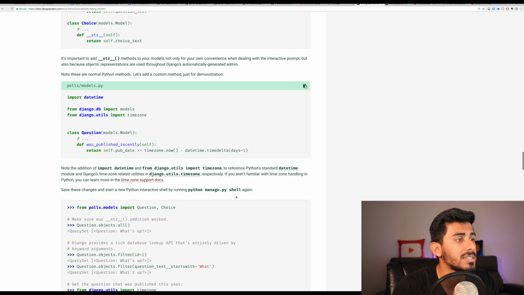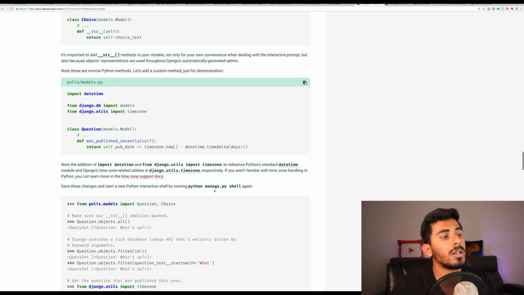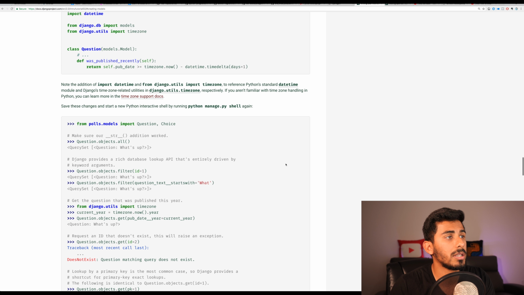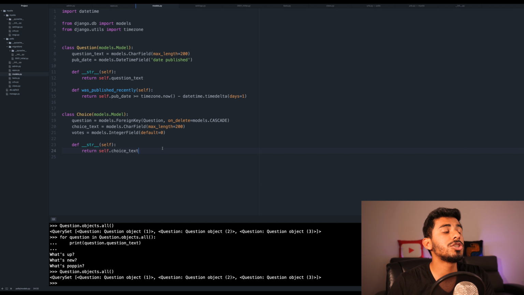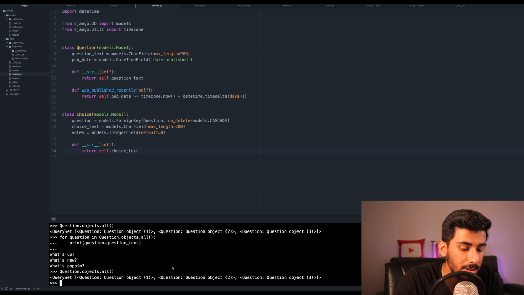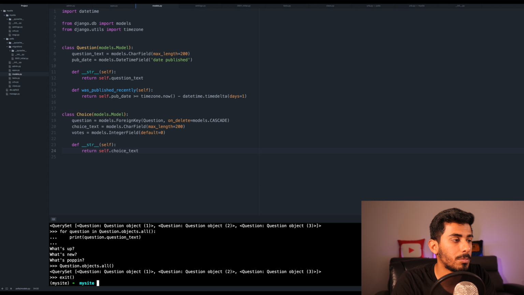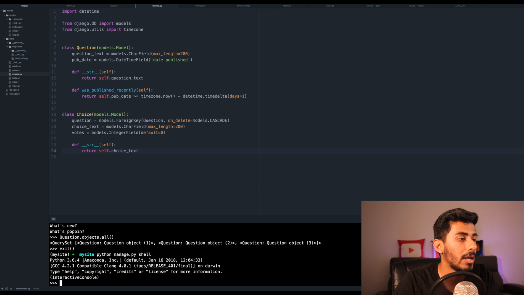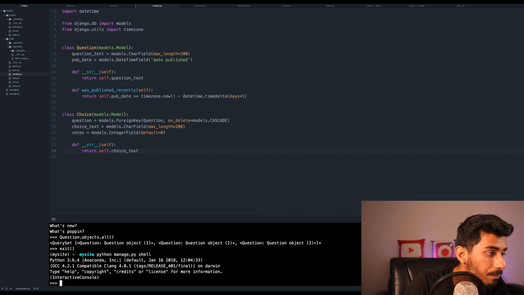Save these changes and start a new Python interactive shell by running python manage.py shell again. Now, because we didn't make any changes to the models, we just added new methods, we don't have to migrate this to our database. All we need to do is exit out of this shell and come back to it again. So I'm going to do exit(), and I'm just going to do python manage.py shell again. And then let's see if we can